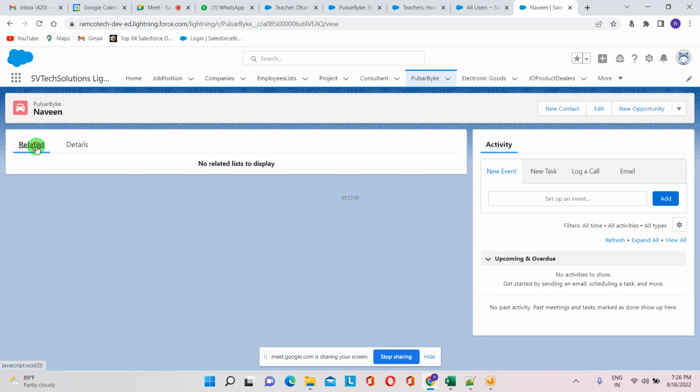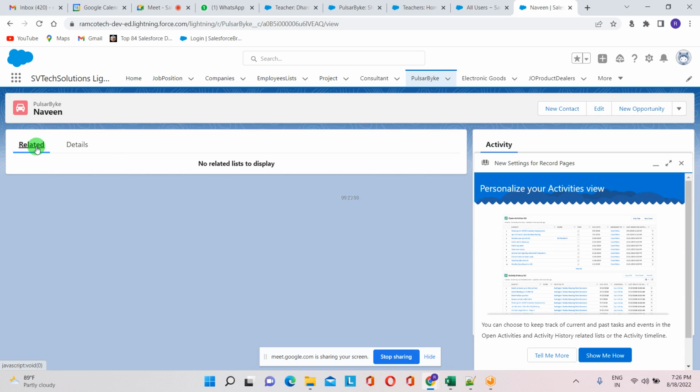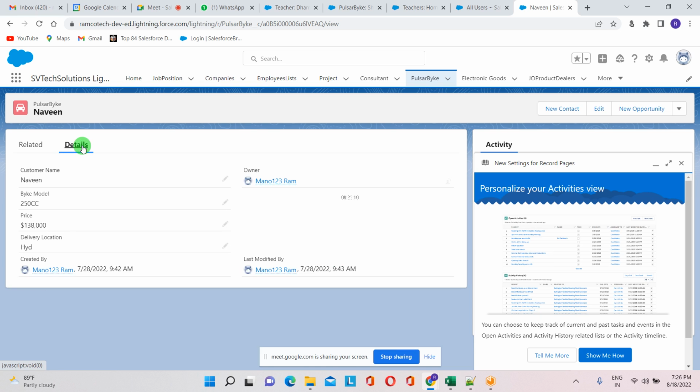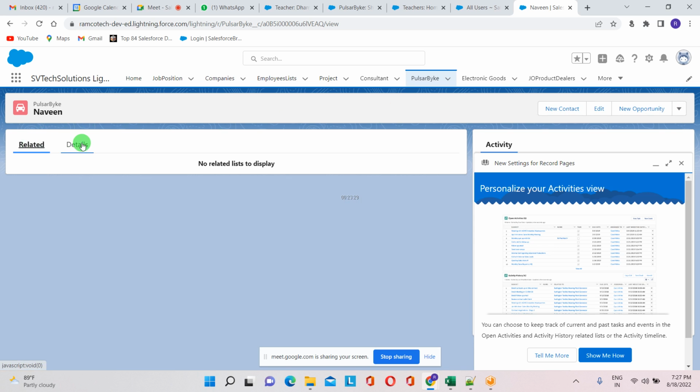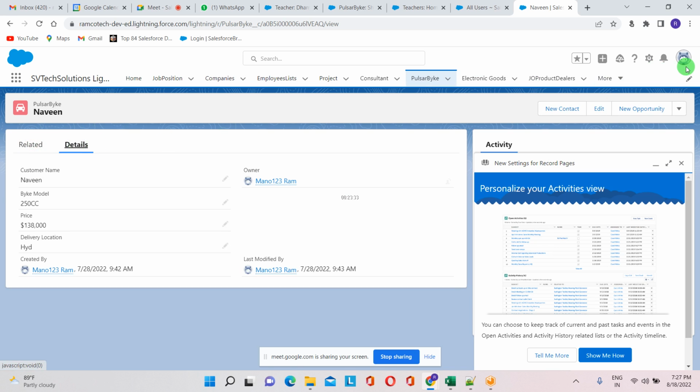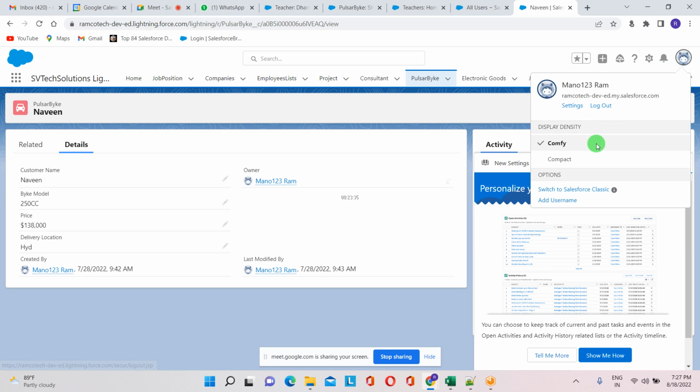We'll be having only the classic version. Whenever you want to share a single record to a single person, you have to come to the classic version only. If you want to share the record, you can't find anything here. There is no option called sharing. Details, if you go to later also, you will not be getting options. So just go back to classic